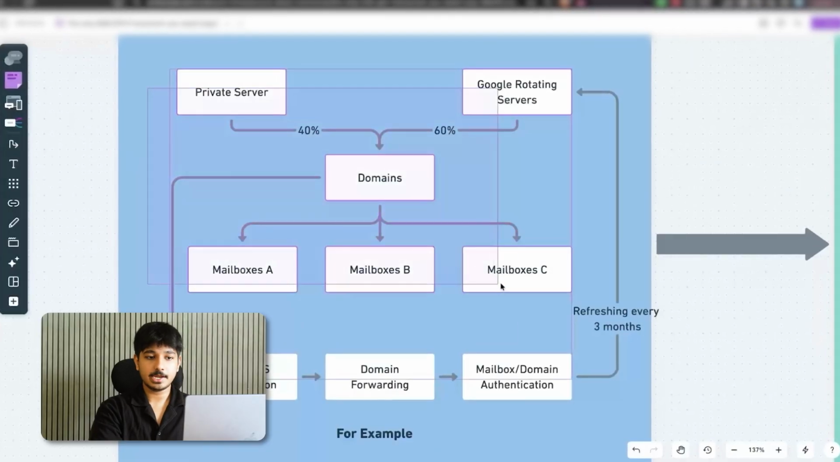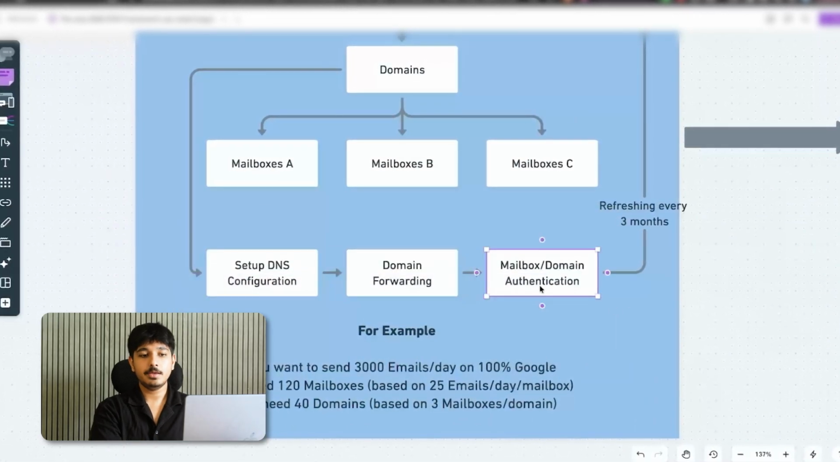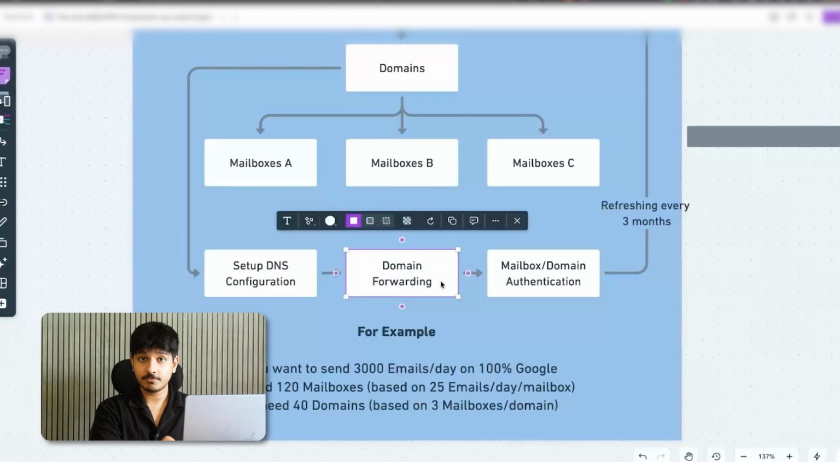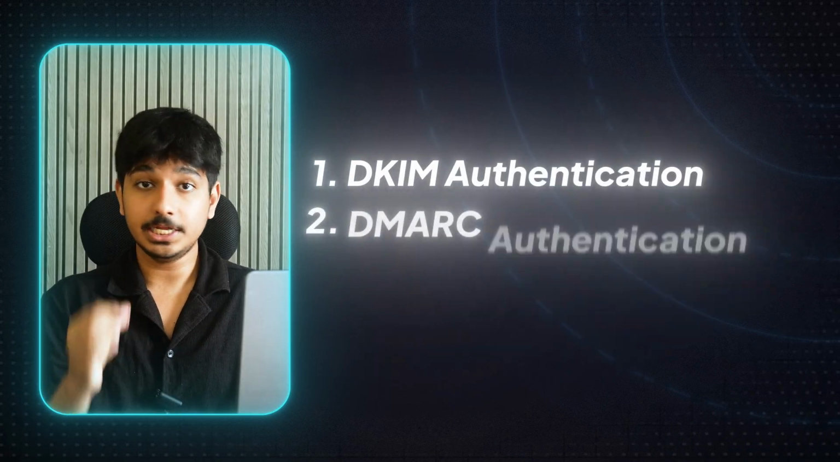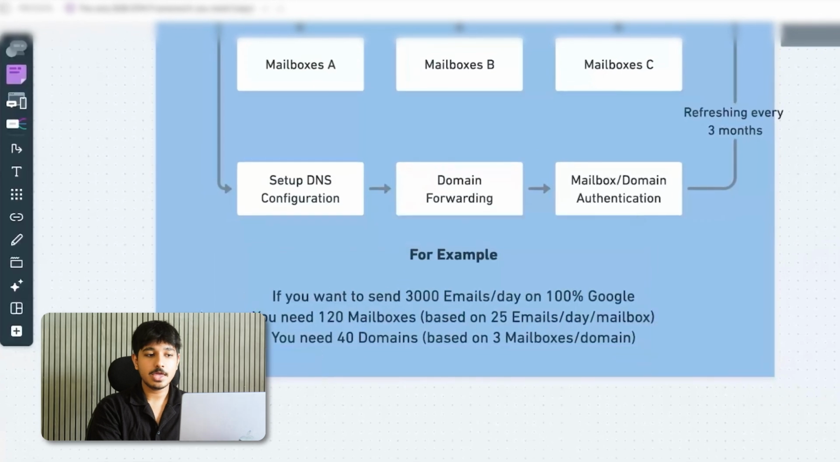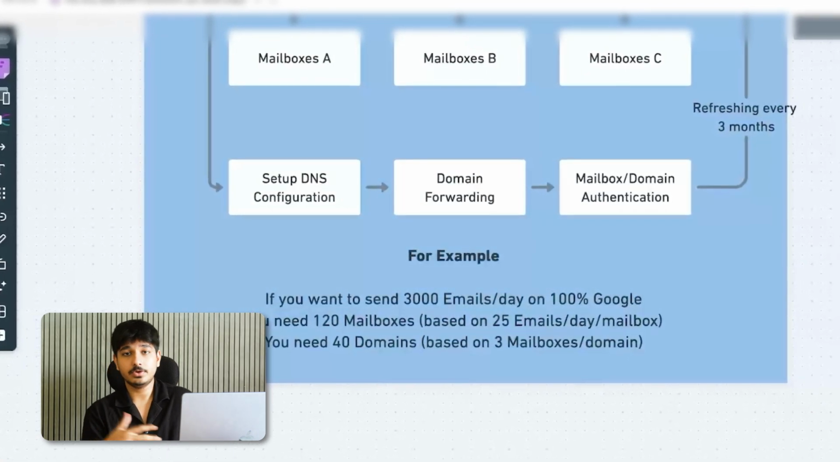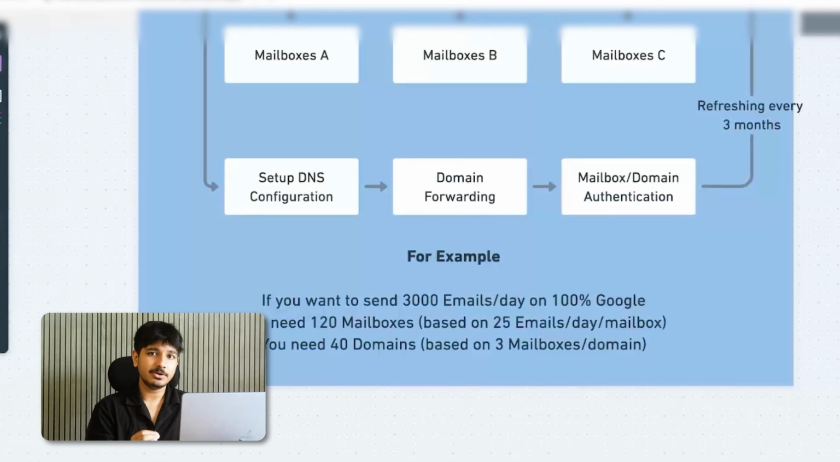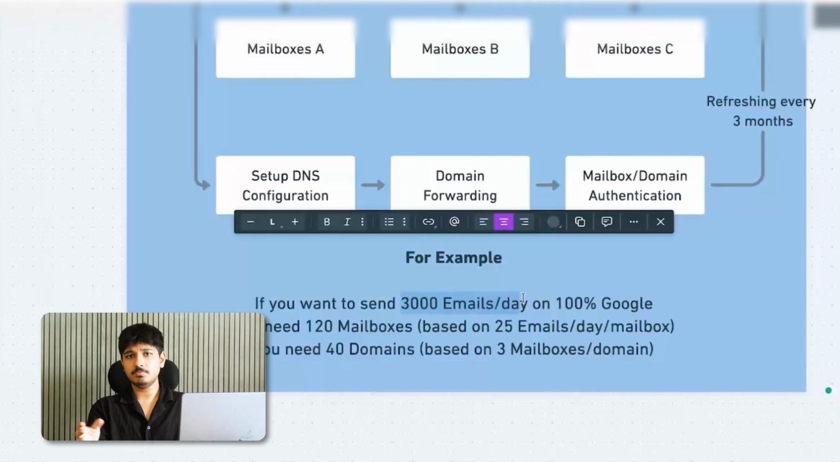Once you set up this entire infrastructure, then you need to take care of all the DNS and technical setup like mailbox and domain authentication, domain forwarding, even domain masking and DNS configuration, which typically involves DKIM authentication, DMARC authentication and SPF records. Now, for example, just to give you an idea, if your TAM is more than 30,000 or 40,000 decision makers whom you can reach out to, then I typically recommend sending at least 3,000 emails a day. That's the starting sending volume, so that you can at least start getting some meaningful results out of